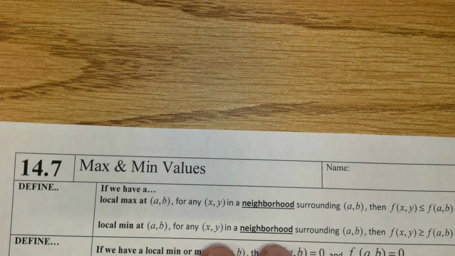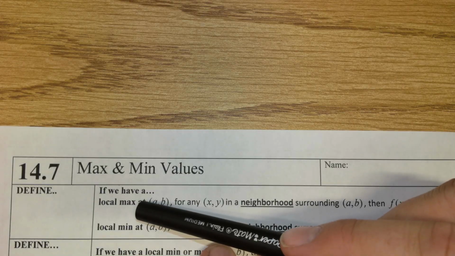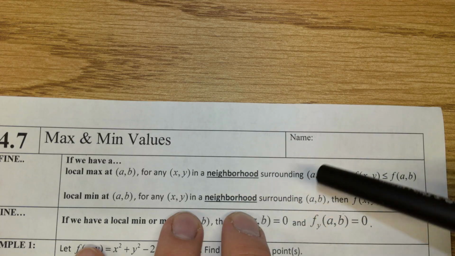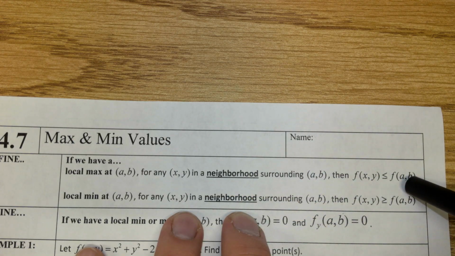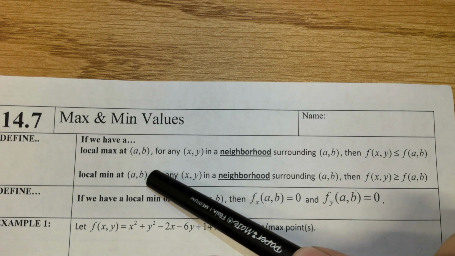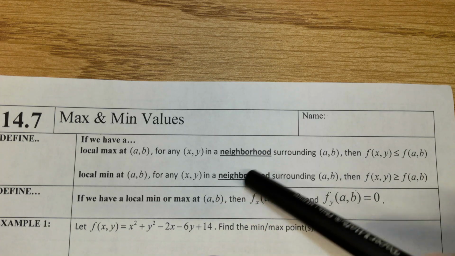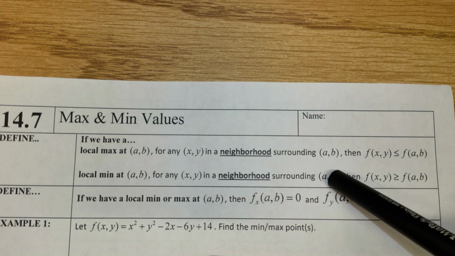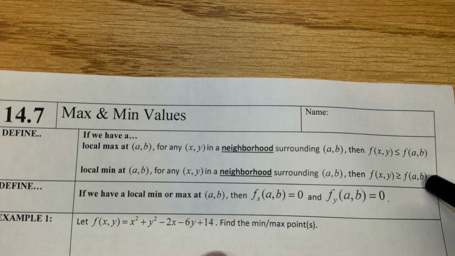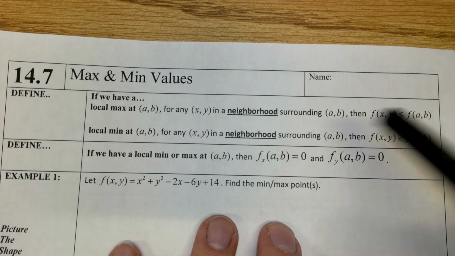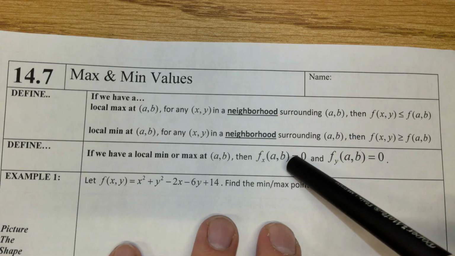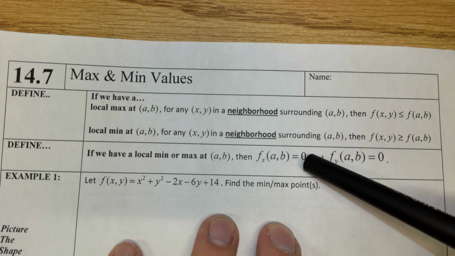So if something's called a max, then we know that for any point in the neighborhood surrounding this, it's got to be lower than that point. Same with min. If I have a min at (a, b), that means any coordinate in the neighborhood surrounding (a, b) has to be higher than (a, b). And so we will see that if I have a local min or max, my x-ward derivative is 0